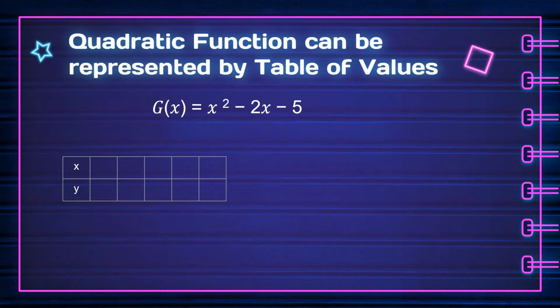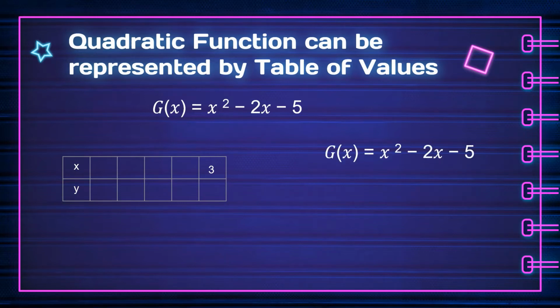Now, quadratic function can also be represented by table of values. So let us discover how do we determine a quadratic function using table of values. In the previous example, we have g of x equals x squared minus 2x minus 5, which is a quadratic function. Now, let us try to solve for the values or to complete the table of values. So, let's say if we are going to assign the value of x, which is 3, then g of x or y is now